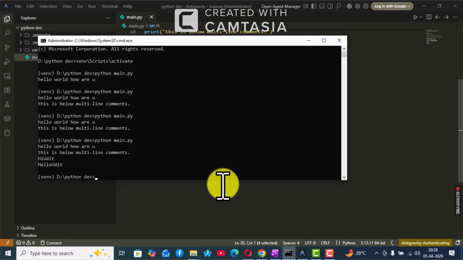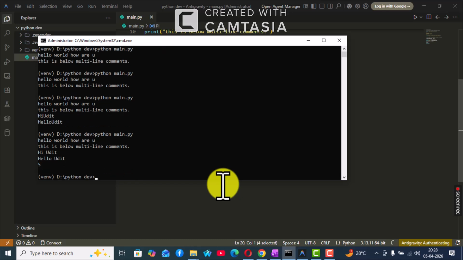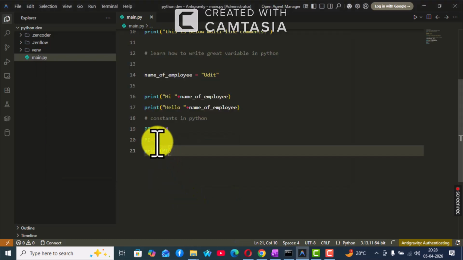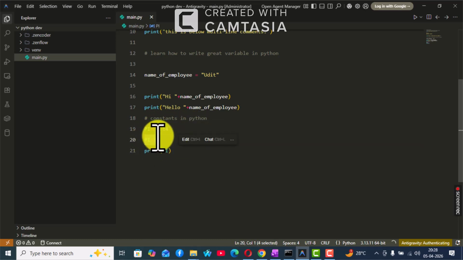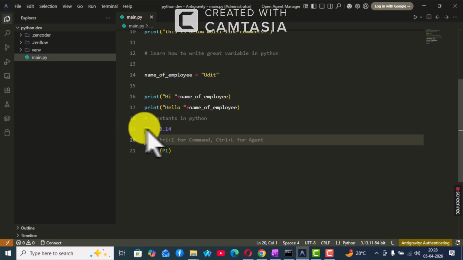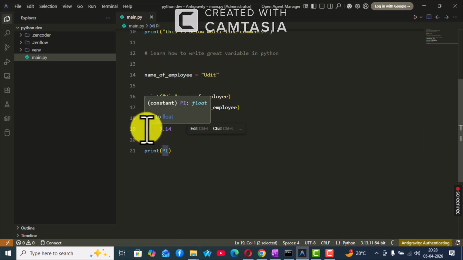So suppose we run this particular thing. See, it is printing 5, and it is saying constant, but it is getting updated. So we can't do all these things in other languages, but in Python we can change constants. Ideally we shouldn't be changing constants, and we write the constants in all caps, all capital letters, which is the